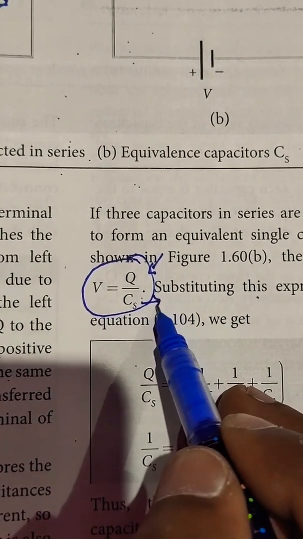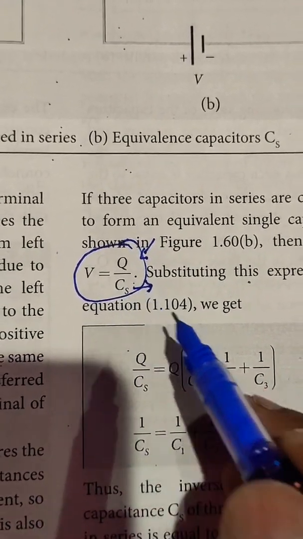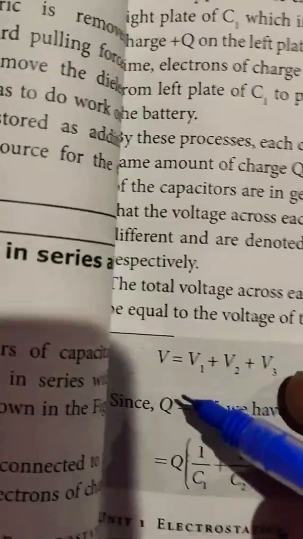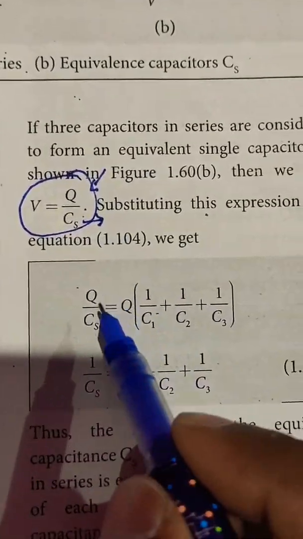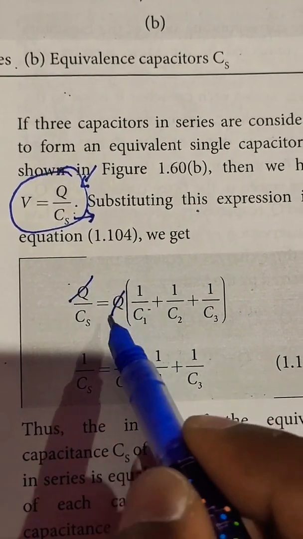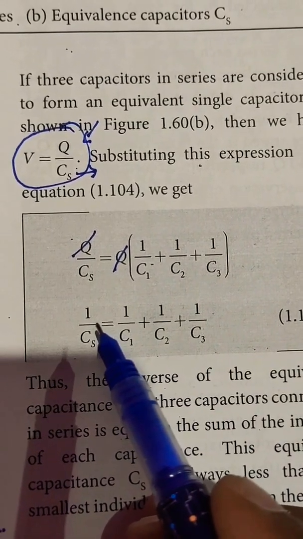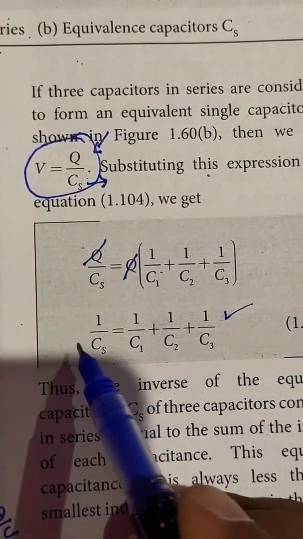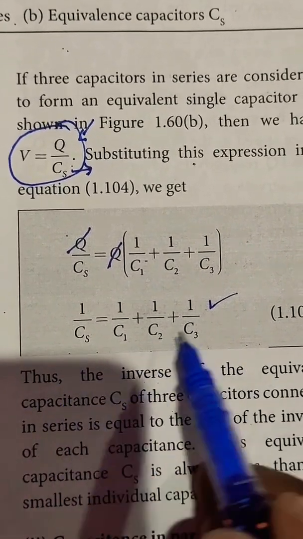Why are we writing Cs? The capacitors are connected in a series combination. So we can write V equal to Q by Cs. The common term Q cancels. So for capacitors connected in series combination, finally we get the equation 1 by Cs equal to 1 by C1 plus 1 by C2 plus 1 by C3,